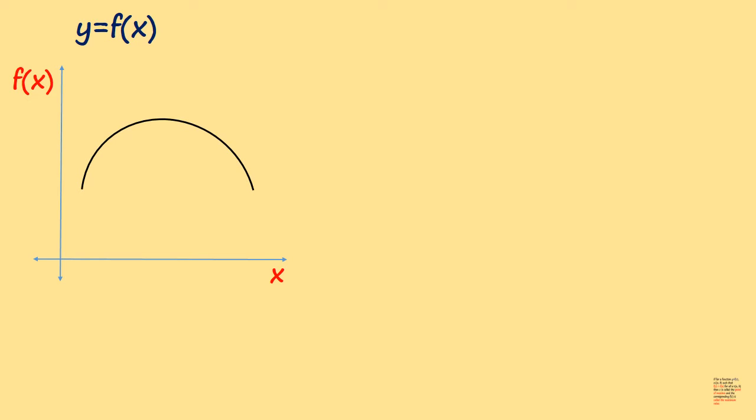Now, we consider the portion of the curve between the open interval a to b. And in this particular portion, suppose at x = c, the function attains the maximum value. As you can see, the graph has a peak at that point, and the corresponding y coordinate is f(c), such that the maximum point has the coordinate (c, f(c)).